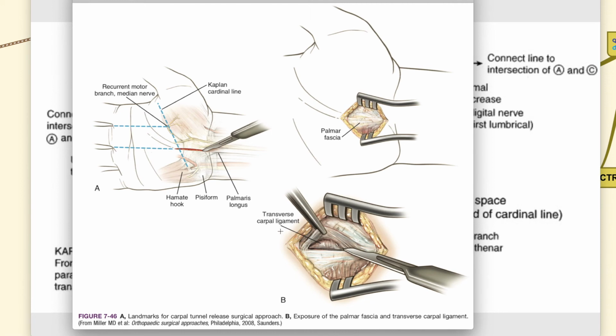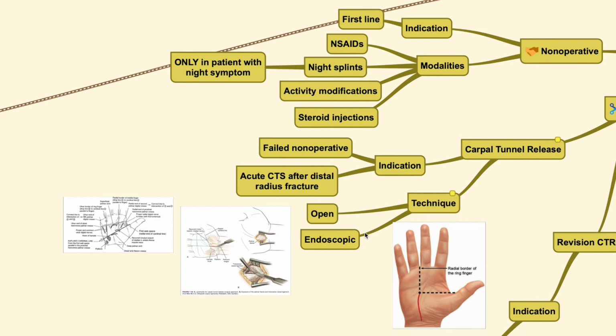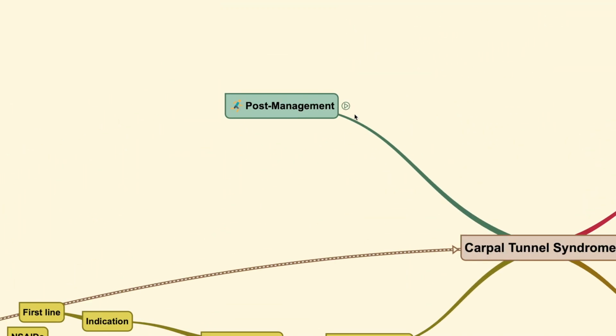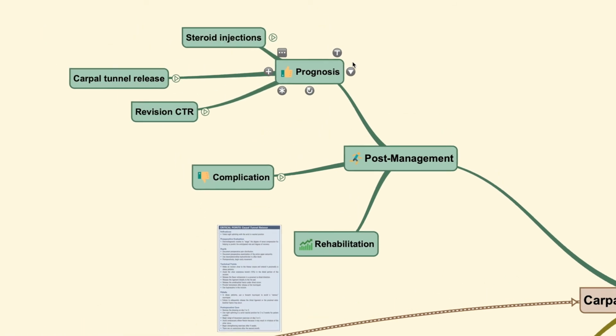You need to identify the transverse carpal ligament and divide only the transverse carpal ligament. Remember that underneath that ligament you will find many structures, which are the tendons and also the median nerve itself. Be sure to have something that goes underneath the transverse carpal ligament so that you do not accidentally cut through it. Okay, next would be the post-operative things that you need to be aware of, which are the post-operative prognosis